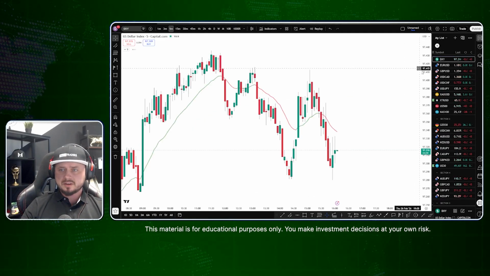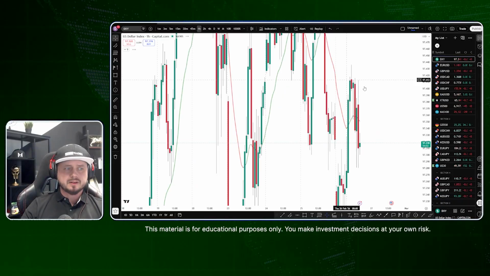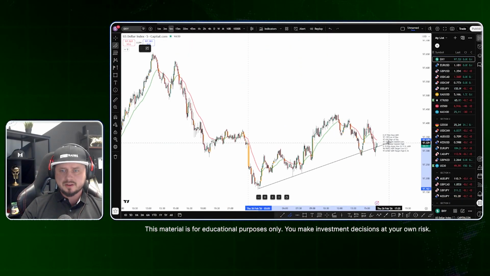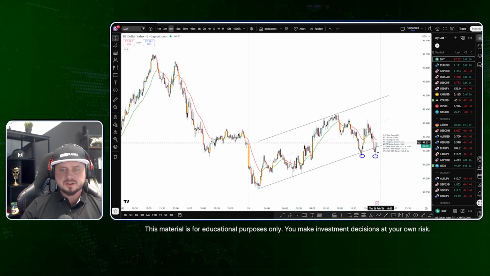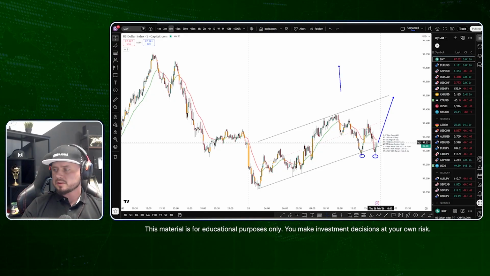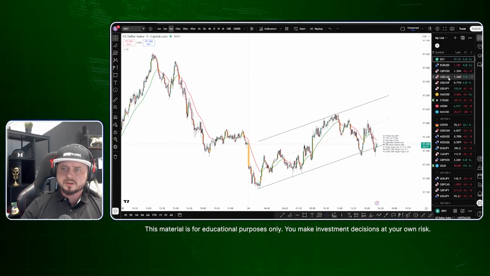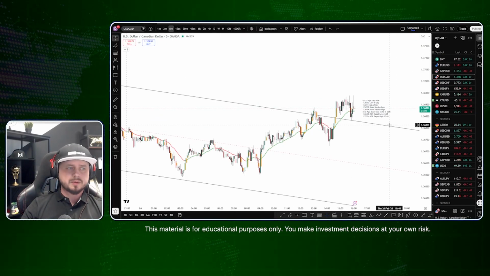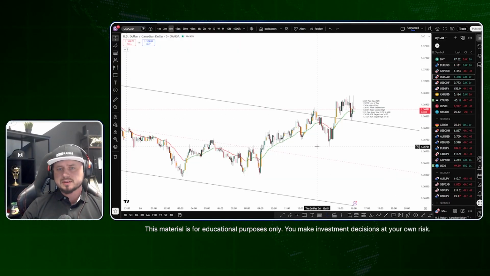I know the US dollar index is looking pretty good because there is a chance it's going to go up. Yes, here you can see the price was moving in some kind of channel. We got a double bottom, so there is a chance it's going to go the other way. So if the dollar index goes up, probably we should have an opportunity on US Canadian dollar to go up. At this moment you can see the price stopped, so it doesn't look too good, so no entry. Probably I will stay back for now.